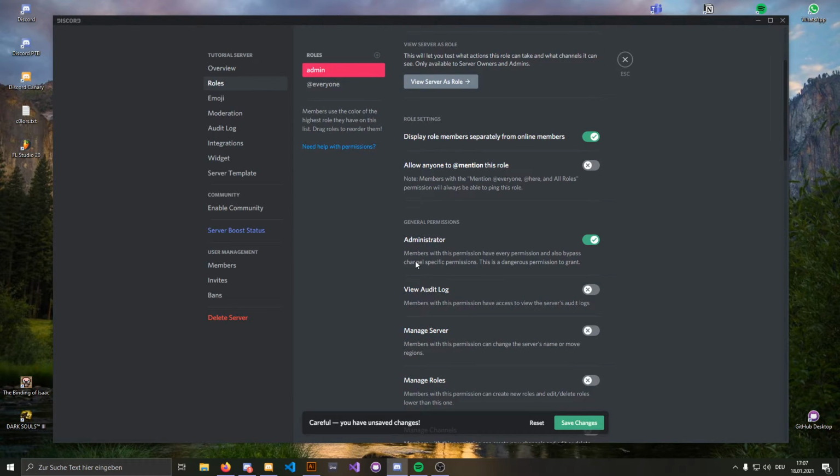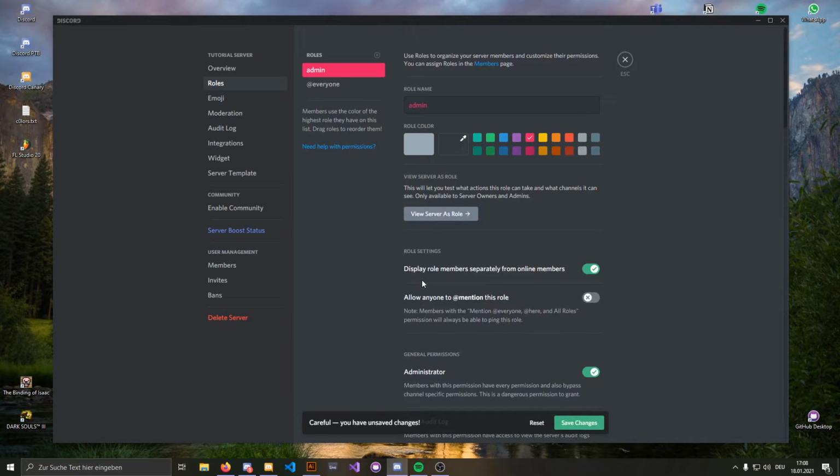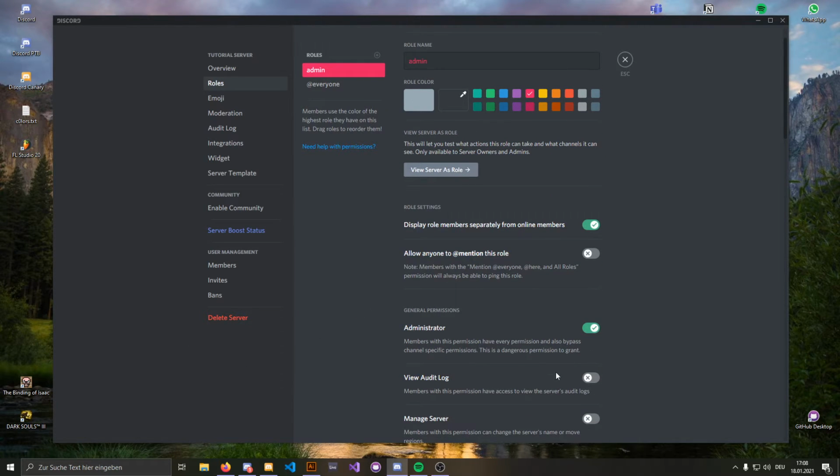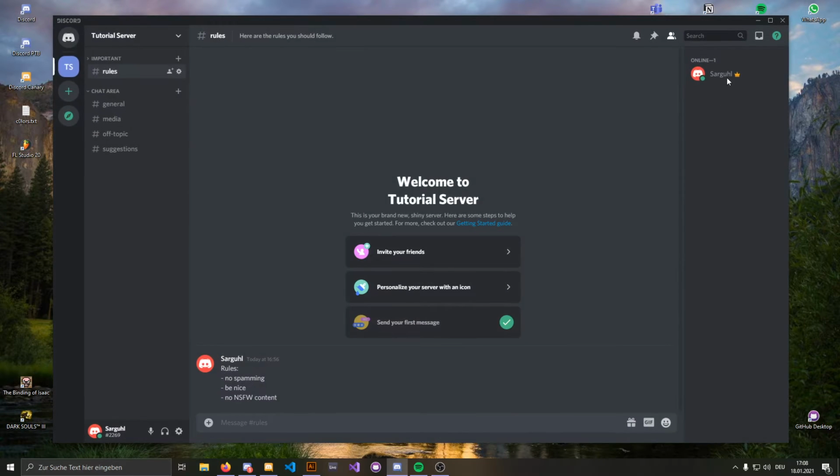You should be really careful with this permission, because every role that has this permission has full power of the server. Regardless of channel overrides or whatever, they will have full permissions, except deleting the server. So we're going to save these changes, and once we've